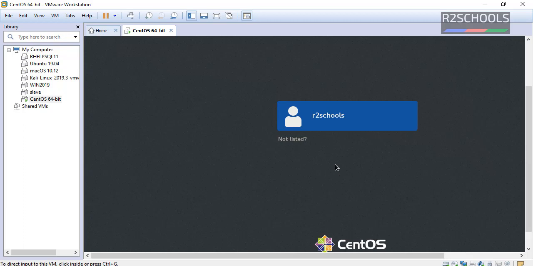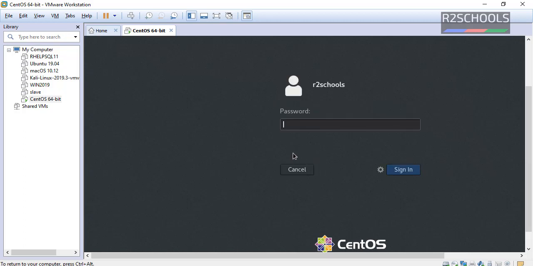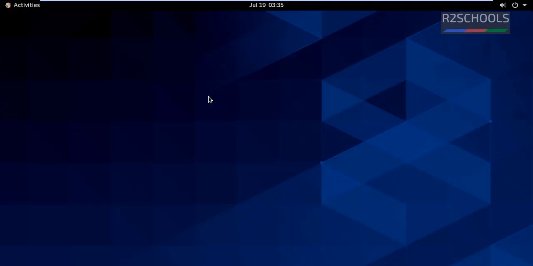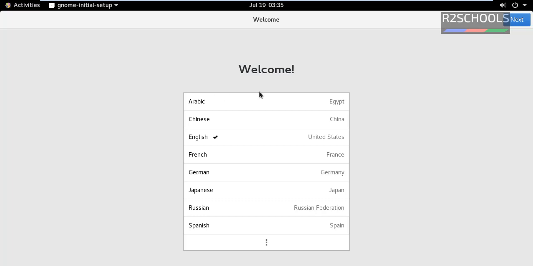Once we accept the license agreement, we will get this login screen. Click on the user you have created at the time of installation. Press enter. Provide the password. Select the language and click on next.